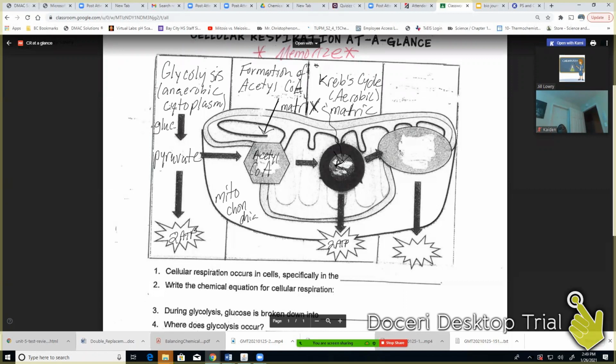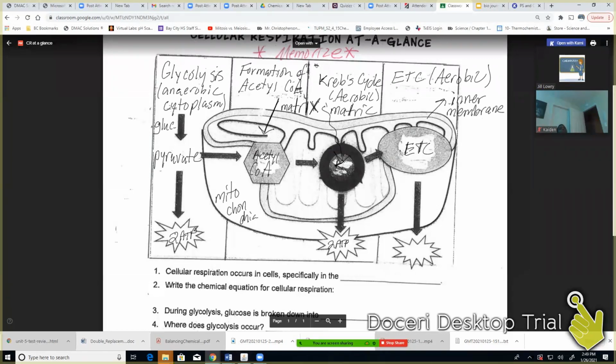And then it moves along after the Krebs cycle. It moves through what we call the electron transport chain. And we did it just with the initials. Tomorrow, like I said, you'll have a word bank. And this is aerobic, which means it does require oxygen. So that's what's happening here, the electron transport chain. And that's happening in the inner membrane